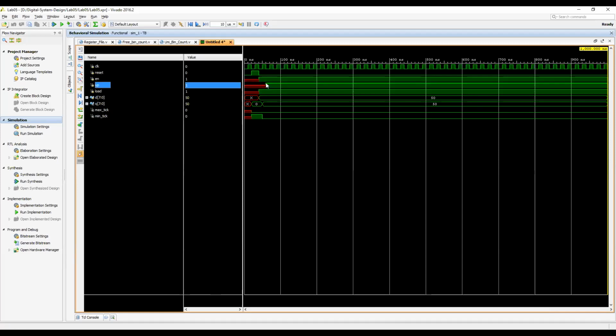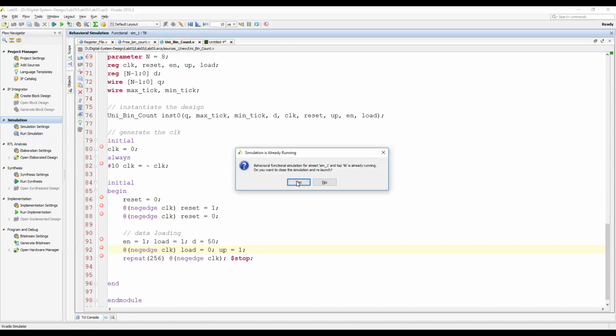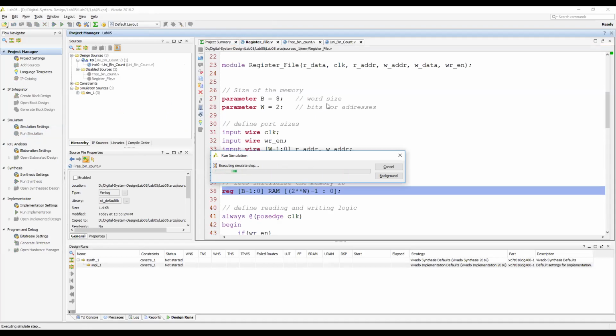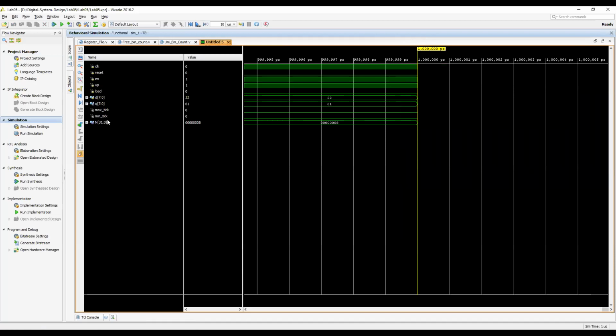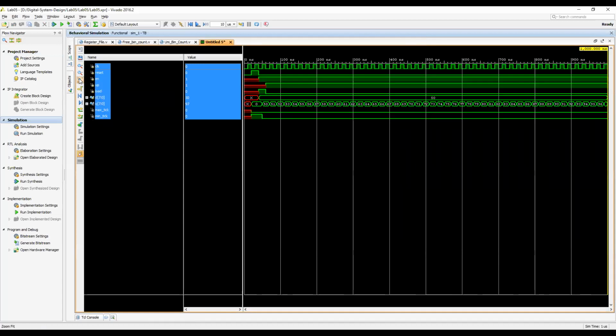Where is the up value? Here is the up value. I see. Okay, so here you go, 8395.